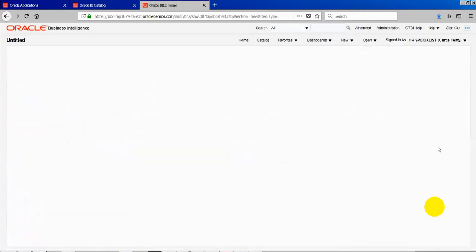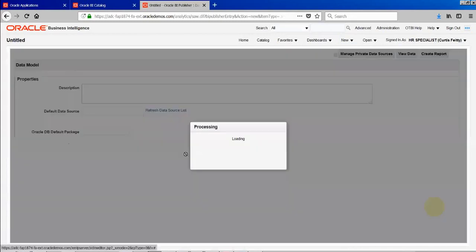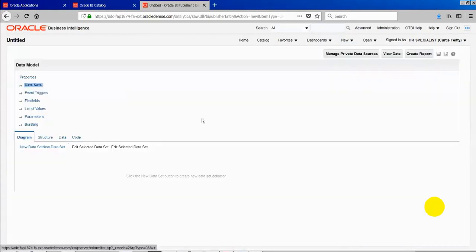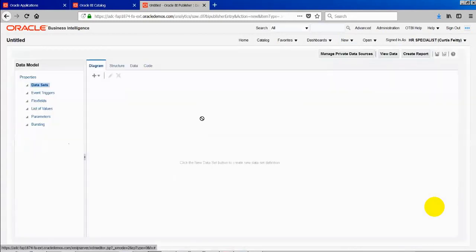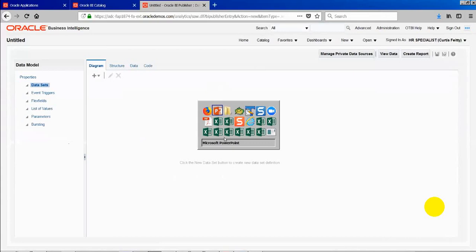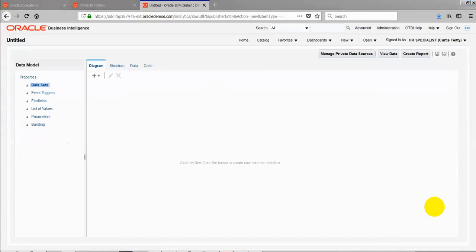Click on either one. This data model is, if anyone has worked with RDF reports in Report Builder, where we create data models, the same thing. Or else it's a typical data model where we can go ahead and write our queries. We need to create a data set here, and in the data set we have to write the queries. That's how we need to do it. So it is the place where we write the query.